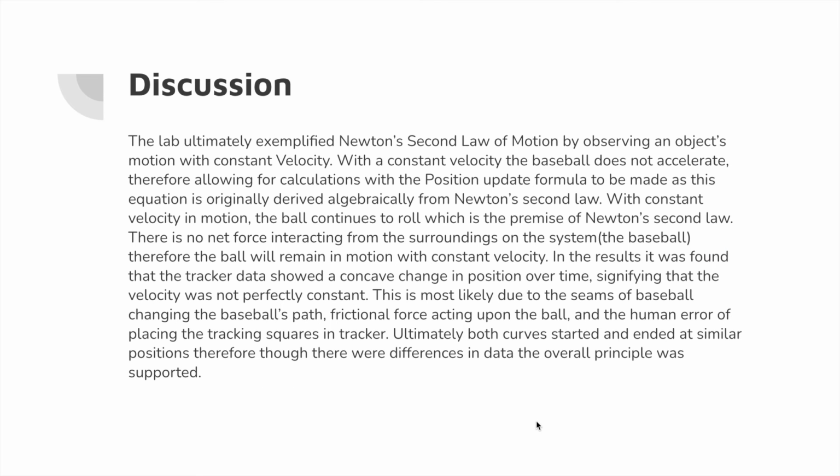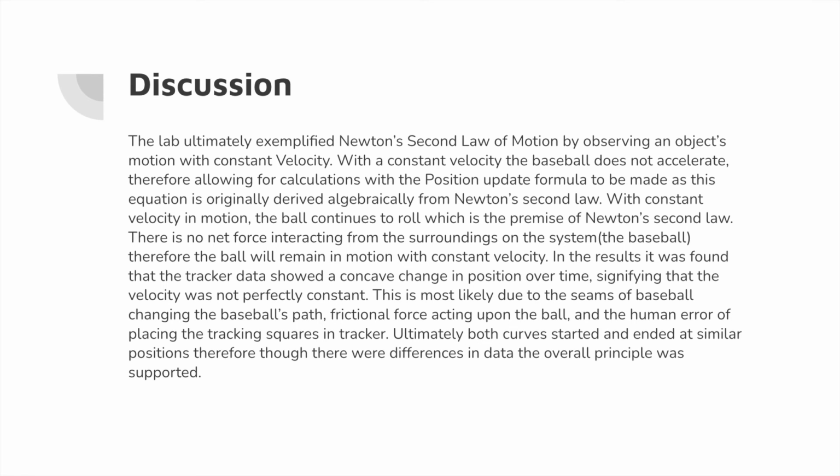Discussion. The lab ultimately exemplified Newton's second law of motion by observing an object's motion with constant velocity. With a constant velocity, the baseball does not accelerate, therefore allowing for calculations with the position update formula to be made, as this equation is originally derived algebraically from Newton's second law. With constant velocity in motion, the ball continues to roll, which is the premise of Newton's second law. There's no net force interacting from the surroundings on the system or the baseball,